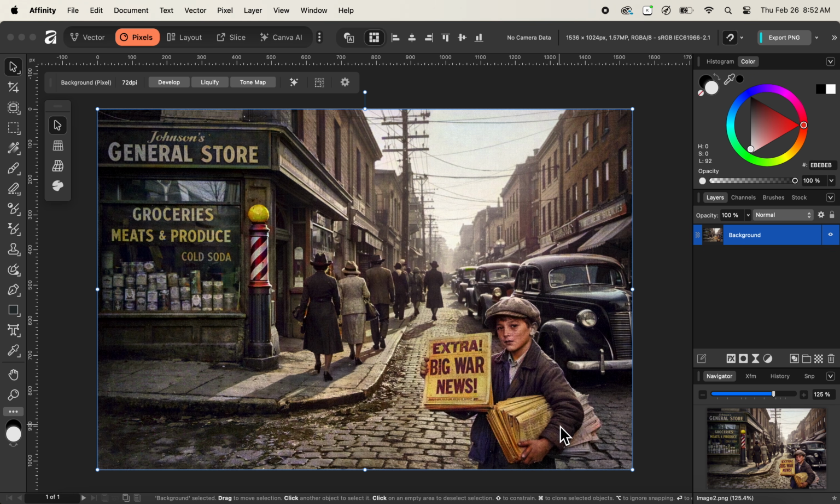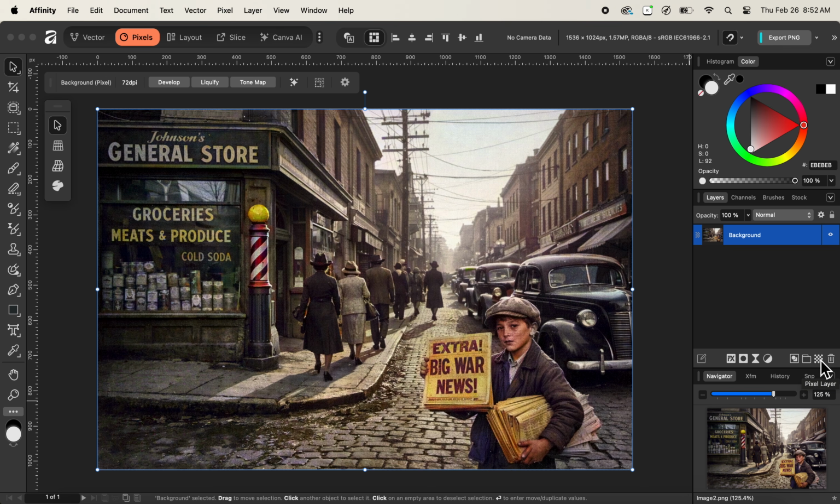For example, you can see in this particular area, the newspaper is clearly white, but in the other areas, the newspaper is yellow. If you find areas where there is some mismanagement or errors, or the colorize option has not been applied to its full extent, then to fix the errors, what we can do is simply, first of all, select